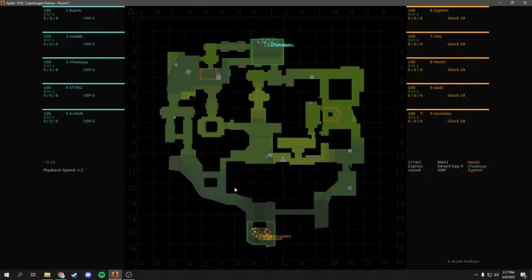Hi, so in this video I'm going to break down Apeks versus Copenhagen Flames on Ancient. We're going to focus particularly on the T-side defaults, and then also see whether CTs were able to counter those defaults in those rounds. So for the pistol, Copenhagen Flames are going to do an A execute, but they'll have